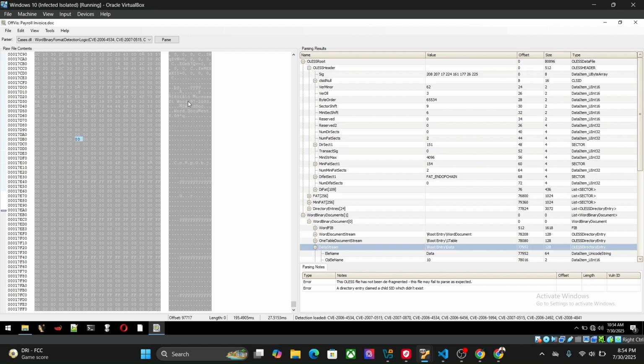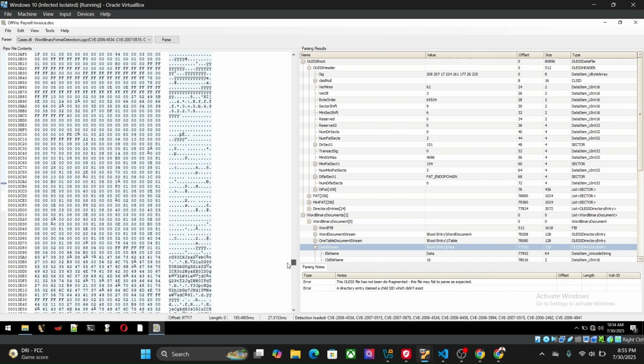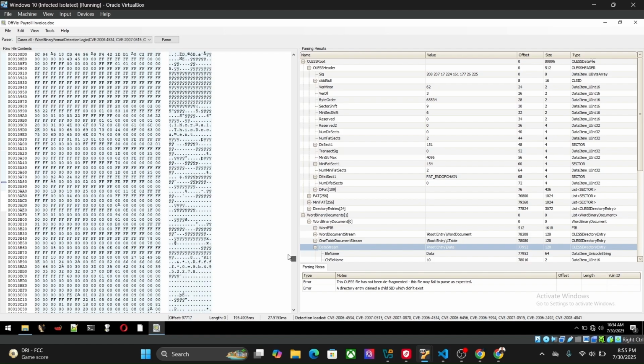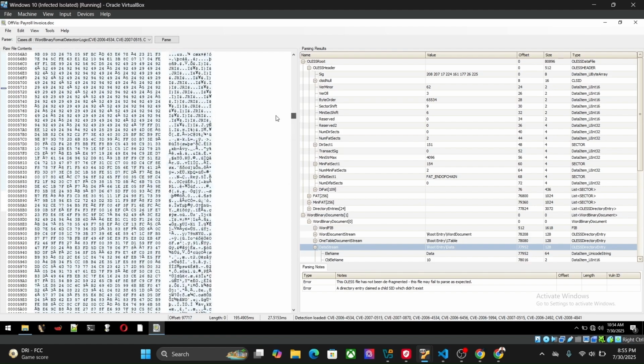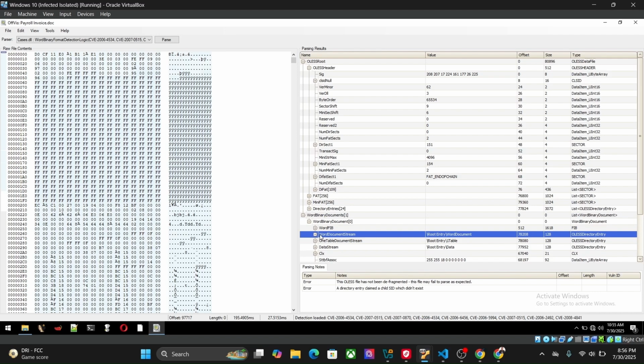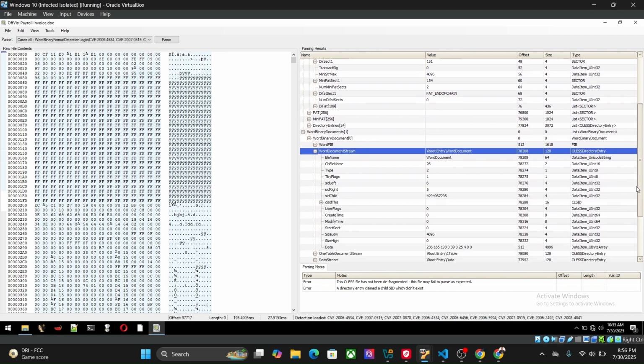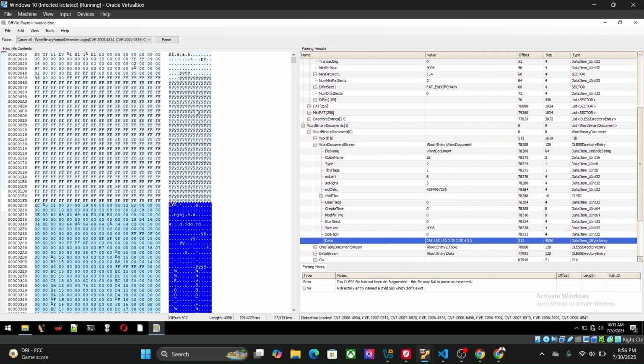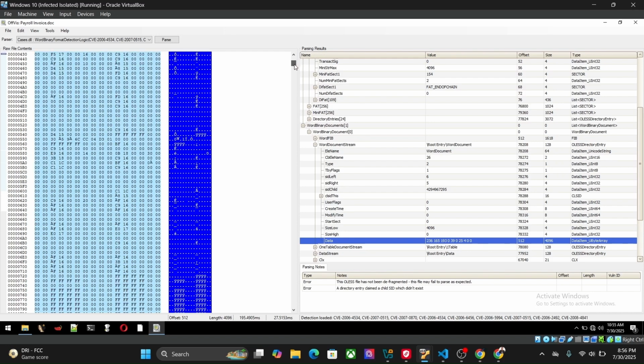So this one gives you details about the file, which is a Microsoft Word 97. What you want to look at is the specific URL that this variant tries and requests to. So on the right side of the offset values, we have the parsing results that give details about the corresponding offset values and the related OLE structures that are found within this specific Word document. So what we want to look at is the Word document stream, and we will check the data section. Then we can take a look at the corresponding ANSI values and see if we can get any details on that. So in the data section,